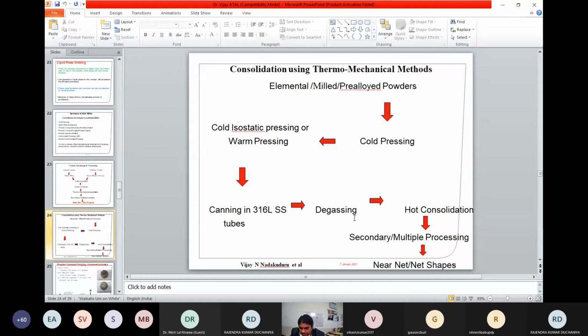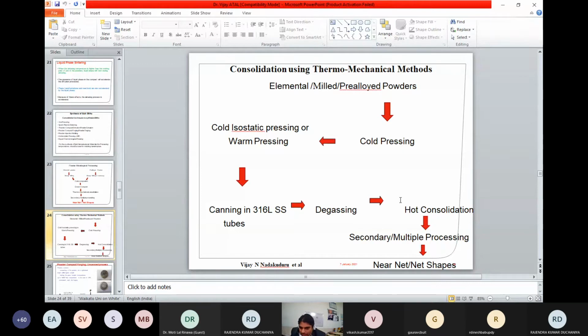On the other hand, when you do hot isostatic pressing, this evacuation becomes very, very essential. Why? Because you can't compress a fluid, a gas, isn't it? It is very difficult because the gas is there inside your green compact, and you are heating it. Heating increases the volume of the gas, and because of that, your sample distorts, and your method of producing bulk material will be adversely affected.